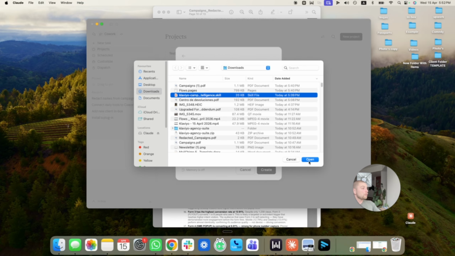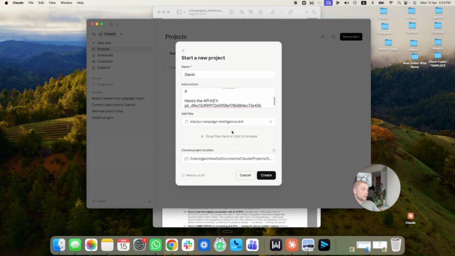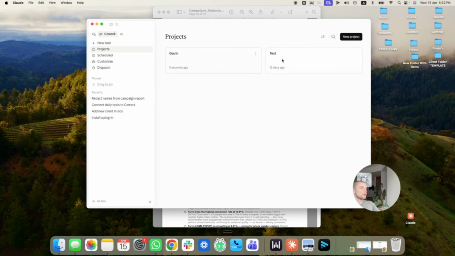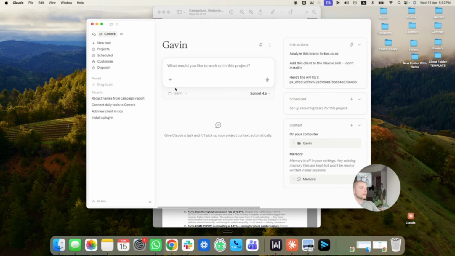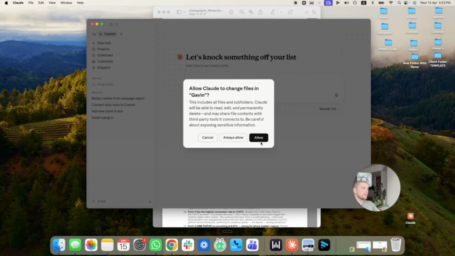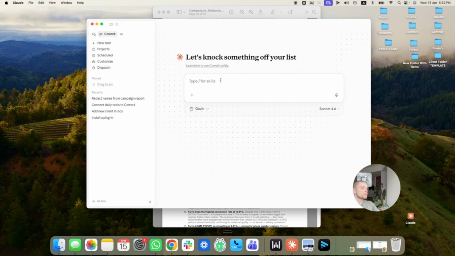This is a skill file that I created within Klaviyo, okay? And you're gonna go ahead and hit Create Project, all right? So there you go. Now you have the project created. You're gonna go into that project here, call it Gavin, and you're gonna create a new task. Work in a project, make sure it's in Gavin, okay? Click Allow, and you're gonna say,